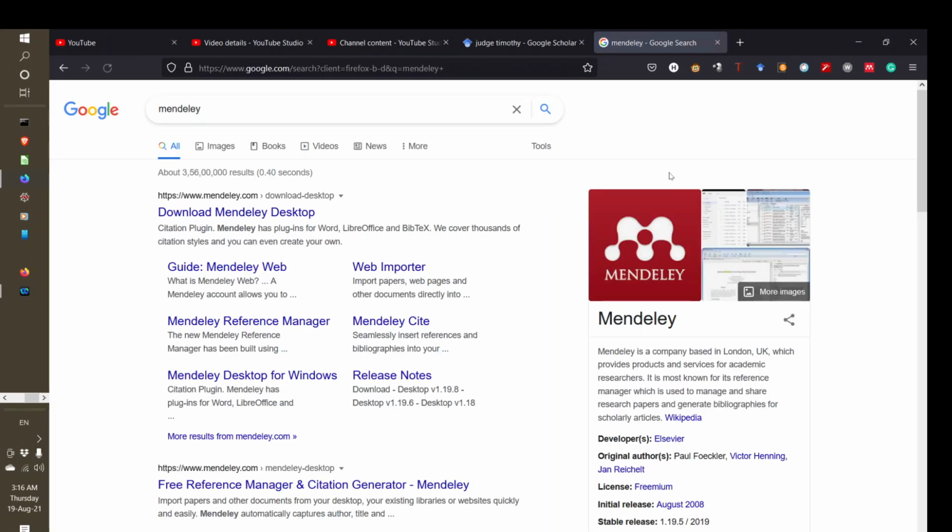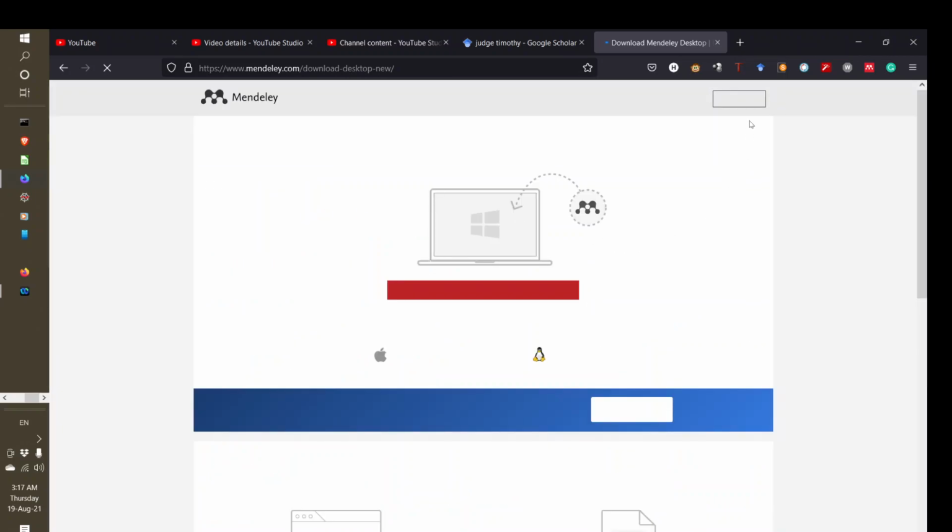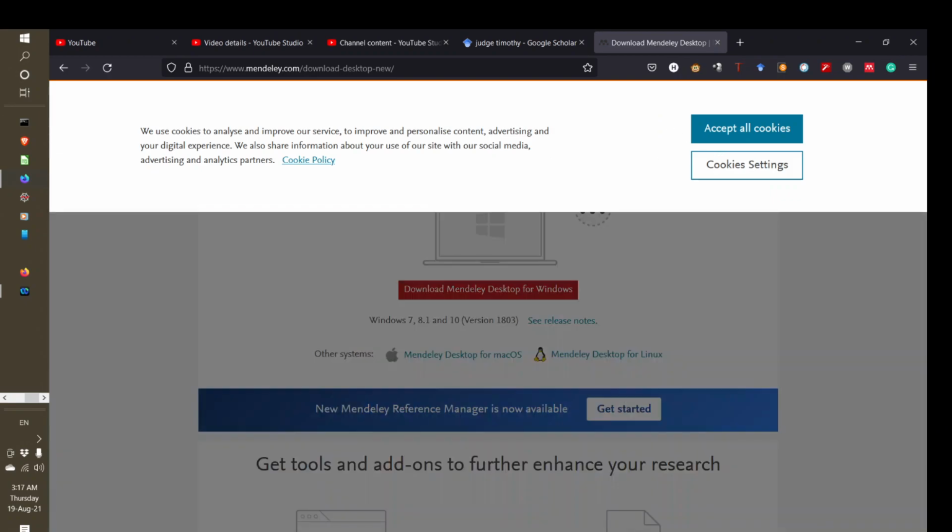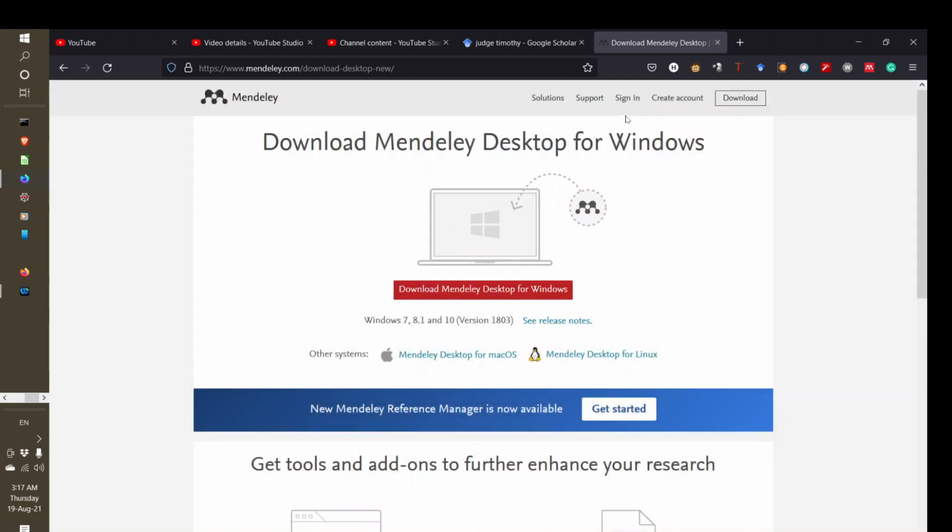You have Zotero also. Now if you go to Mendeley, this is where you open your account. You need to open your account. I have already opened my account. Let me sign in. Let me try to accept all of this.